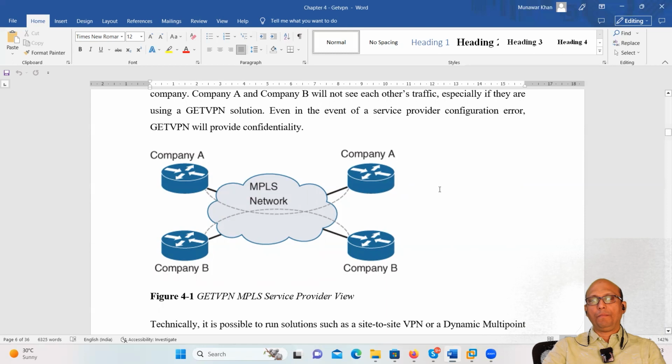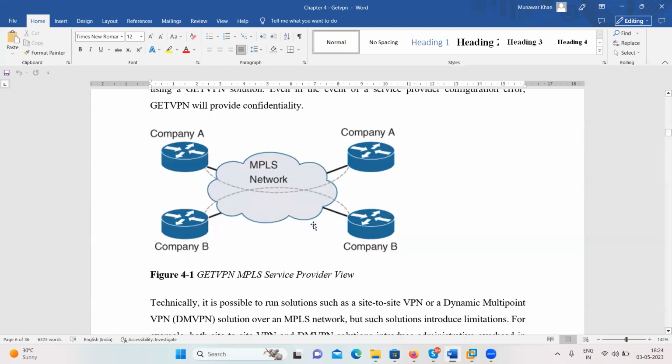You can see company A wants to reach company A's branch offices, and at the same time in this cloud there is company B also taking the connection from MPLS. So it is not like the MPLS cloud is only for you. Some service provider is giving you an MPLS cloud only for you? No, there will be 100,000 customers all over who are enjoying this MPLS network. So there is a chance that you might face some challenges,